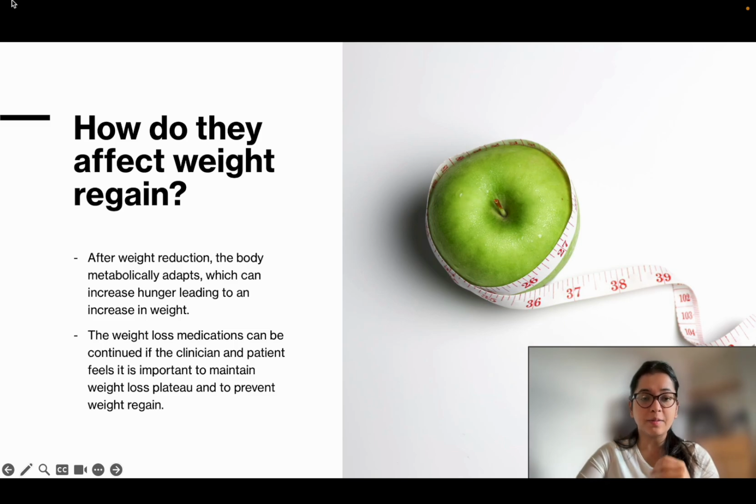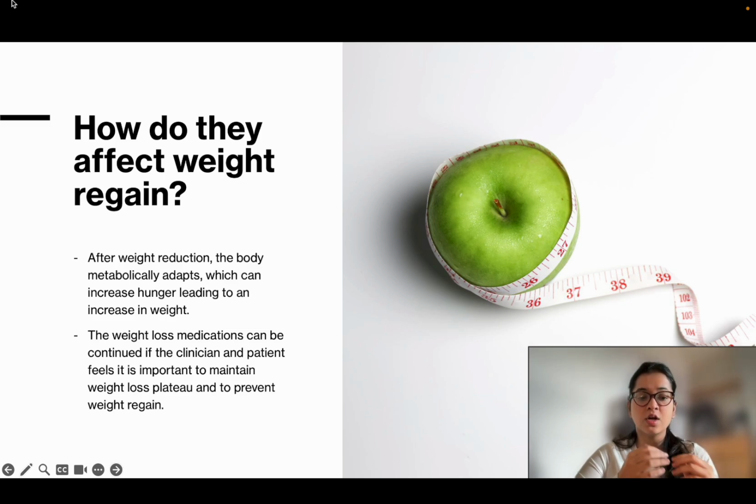Now, a very important issue is that once you stop taking this medication, it can actually lead to weight regain. So it's important that we try to control that weight gain after stopping the medication. Because when you take these medications, your appetite is reduced and your metabolic rate is high. It is because of the medications that you are having a high metabolic rate and reduced appetite. But once you stop taking the medication, all of a sudden your hunger can increase, which can lead to an